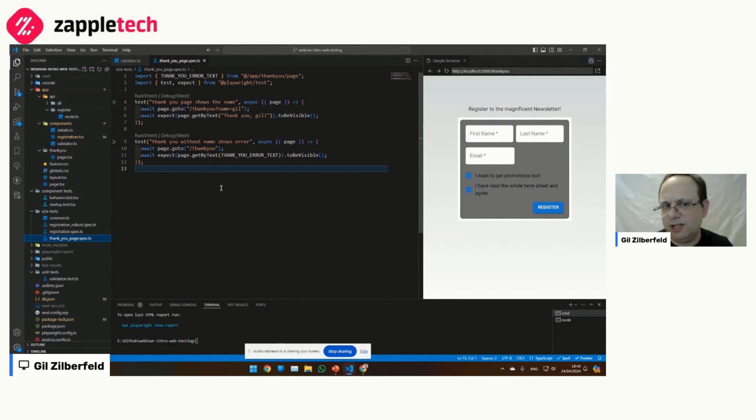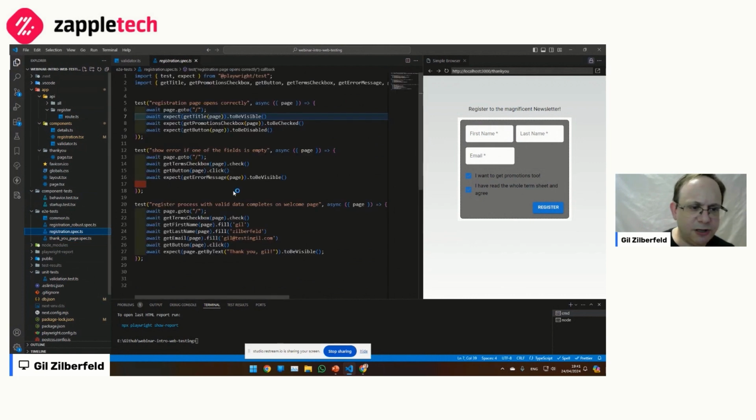And once I decided, well, this is part of the page, there's no component here, I need to do it through Playwright in my web tests. But I don't need to go through the entire registration process just to check that the thank you page works. I can do this at the thank you page level. So if you think about it, it's like going down our pyramid level. It's still a UI test, but it's a smaller piece. Now, I have redundancy, really, because if this one fails and the whole registration part works, I know there's something in between that happens. OK, so these are the thank you page.